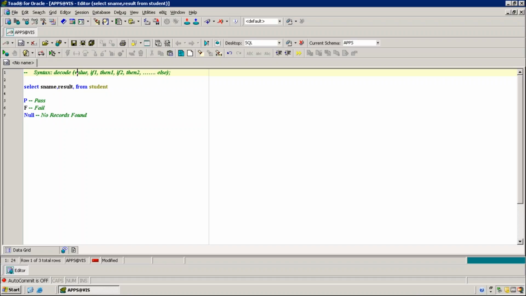Now if this value is matched, say a simple example I am going to teach. Decode of value, suppose the value is P, then it is going to be Pass. If the value is again F, then Fail.